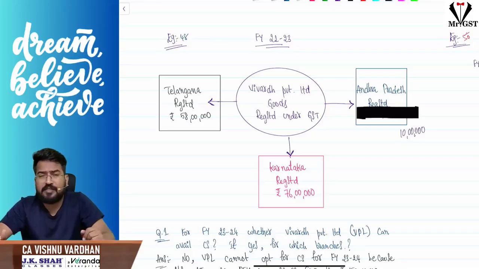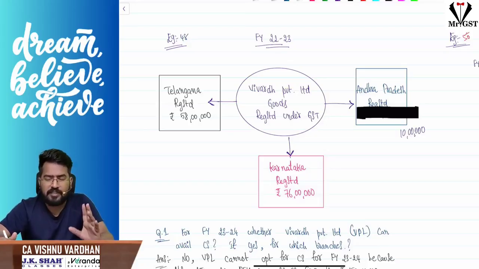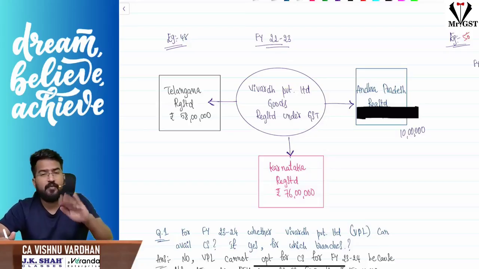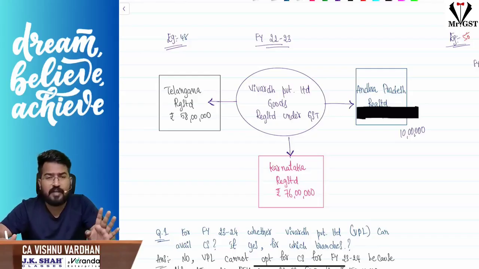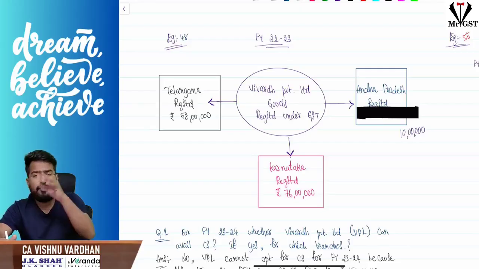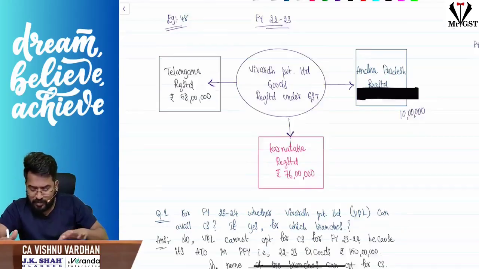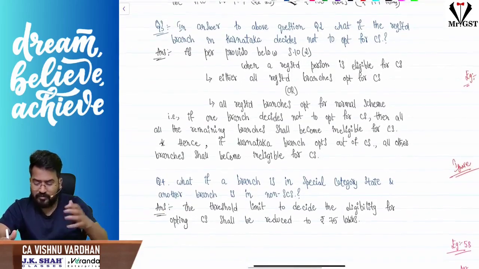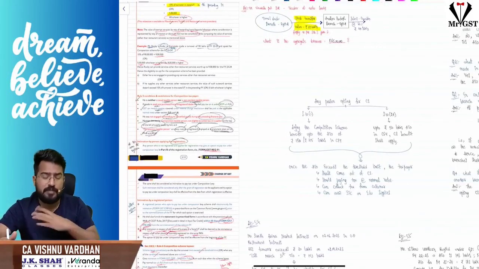And one more interesting catch here is, please understand that if you have one branch in a special category state and one outside a special category state, then the threshold limit will fall from 150 lakhs to 75 lakhs. For example, here if I have a branch not in Andhra Pradesh but in Manipur, then the aggregate turnover threshold limit is not 150 lakhs. For everybody it is 75 lakhs. So please remember that. Those questions, answers, everything has been given here. You can just go through. I have given a very good number of examples. Please go through all the examples.